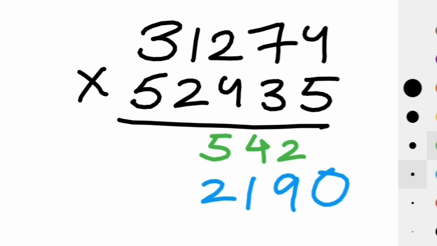Now 5 into 1, 5 plus 8 plus 6 plus 28, 47 plus this 5 carried, 52. Write 2 here, 5 carried here. Now 5 3s are 15 plus 20 plus 3 plus 14, then plus 8. We will have 60. 60 plus this 5 carried will be 65. We will write 5 here. 6 will be carried.